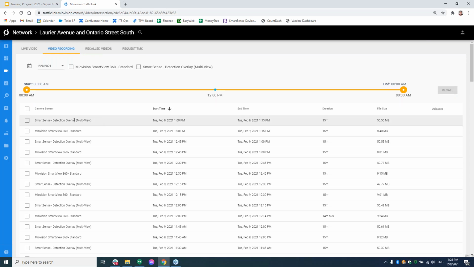Similar for the detection view. So if you're assessing a detection problem, or you're assessing a scenario that somebody called in about, you can pull the detection video itself as well and review it as well. I often use the detection overlay most of the time because I'm assessing a detection problem or a particular complaint,